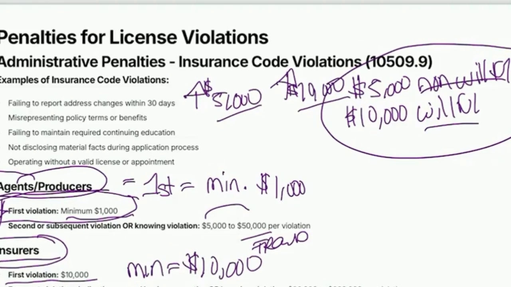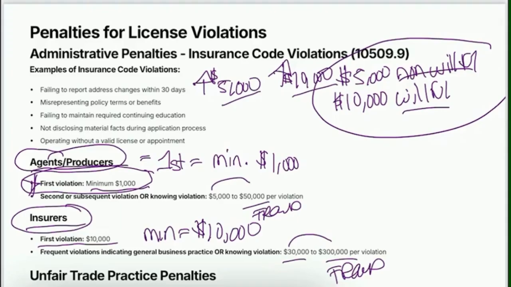We're going to get into fraud, and you'll have to know the maximum numbers for fraud. But which violation are they talking about in the question? Is it the first one? Then we're going to be wanting to answer with the $1,000 or $10,000 answer, depending on who they're talking about, an agent or producer or the insurance company. Are they just asking what is the violation for a willful or non-willful act? The penalty, $5,000, $10,000. Okay, and then we'll get into fraud. So make sure that you are comfortable with the differences there and different ways it could be asked. So make sure that you're paying attention to any keywords in the exam question.